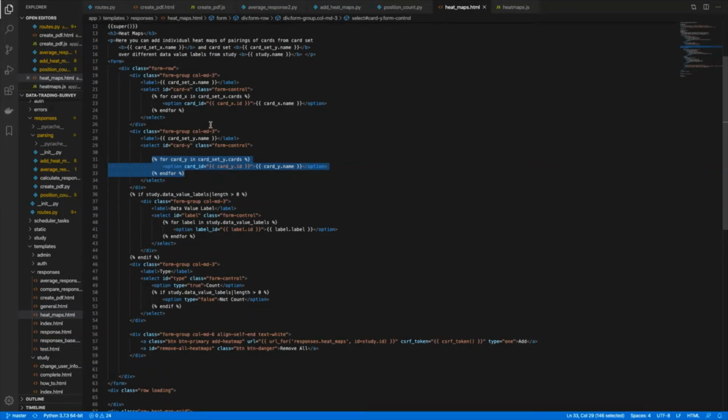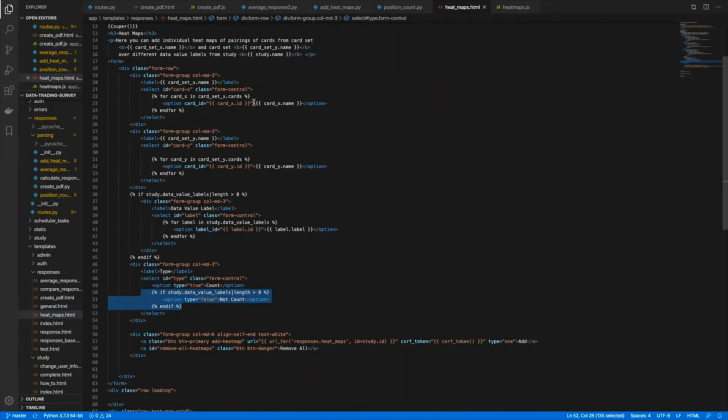The administrator selects a card from each card set. So one of these options, and a type of heat map they want to add.